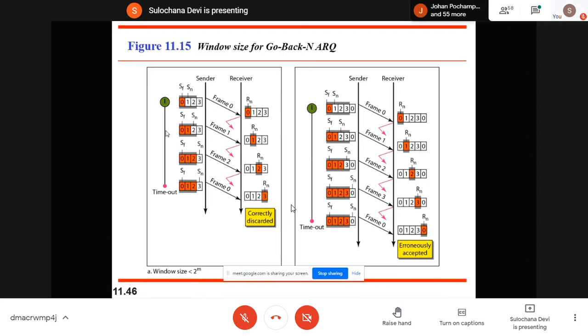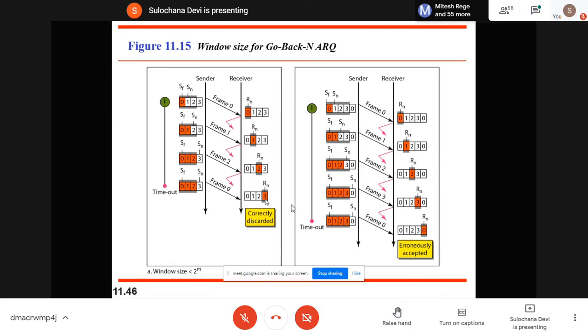Now suppose you wait and your timer expires. Now you retransmit frame number 0 because SF is pointing to 0. So this was the first frame. You have to send all the frames in the window for which you have not received acknowledgement. That's why we call it go back N. So now you send this frame number 0 again, and here Rn is pointing to frame number 3. When you receive frame number 0, it will come to know that this is a duplicate frame which it has already received. So it will discard that and send ACK3.